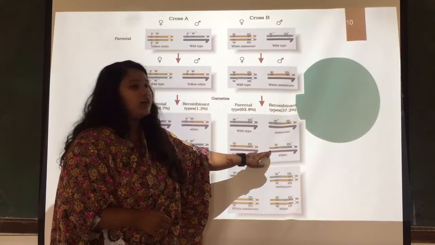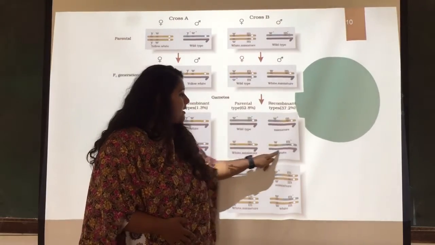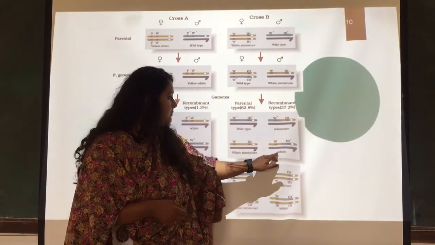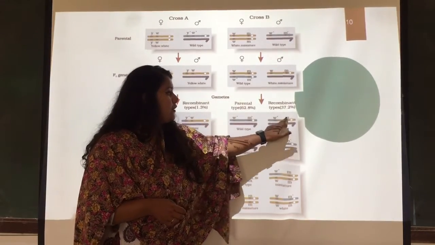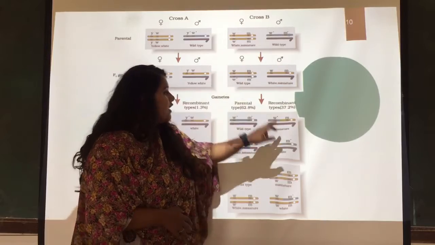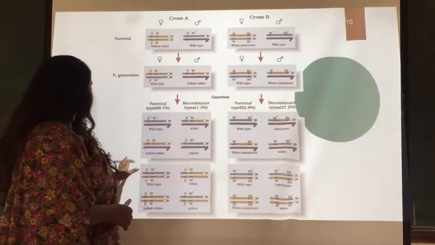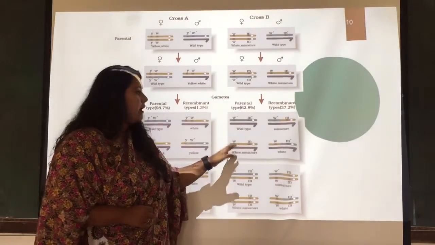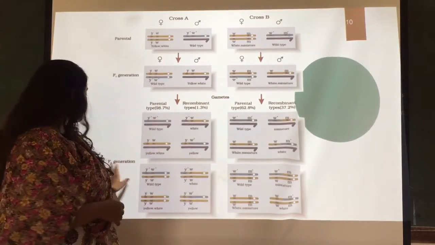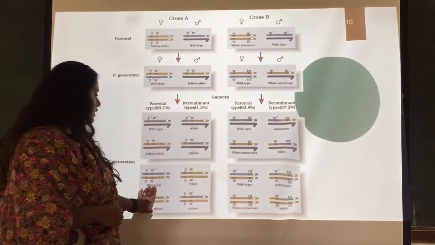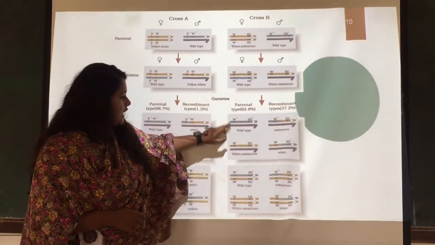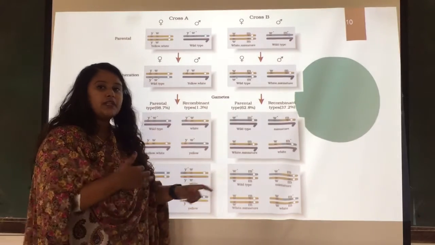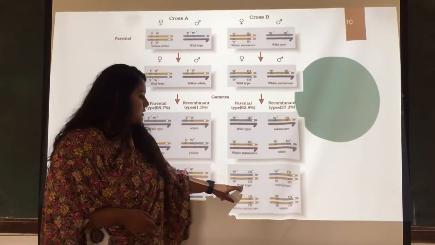Here you can keep this parent, and if you are keeping this parent, the two W are for white. For this reason this will be white. Here it will be the same, two M will be there. For this reason it will be miniature. After the completion of the F1 generation, these four gametes are formed, and from these four gametes we are going to get the F2 generation. Same as this, here also the yellow and blue form the wild type, as the blue one is dominant over the yellow one. So this forms the wild type.